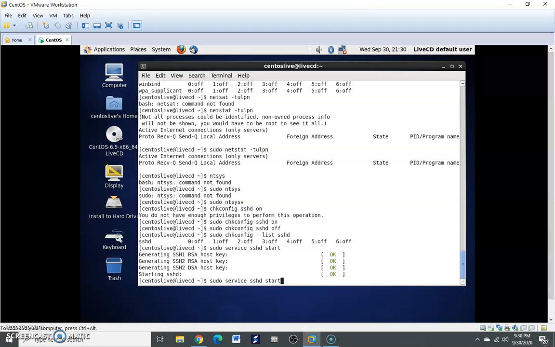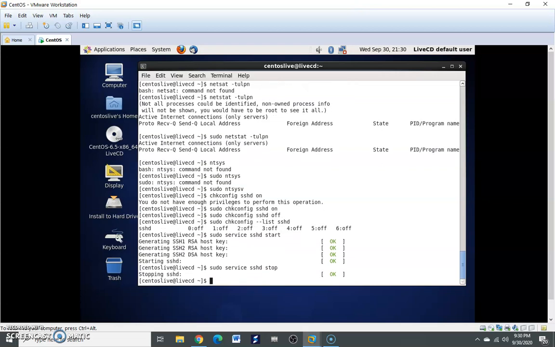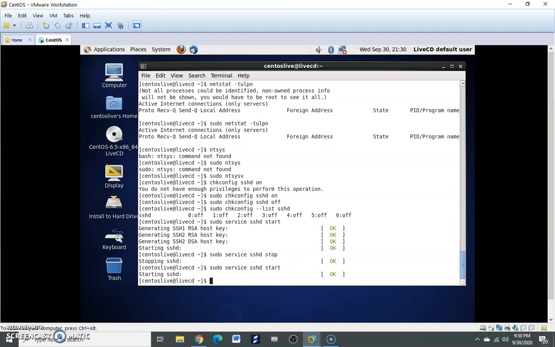Here instead of start you can put stop and hit enter. Stopping sshd. Now look at here, stopped sshd. If I put start again, then it will start the sshd. This particular service I am taking as one example only.